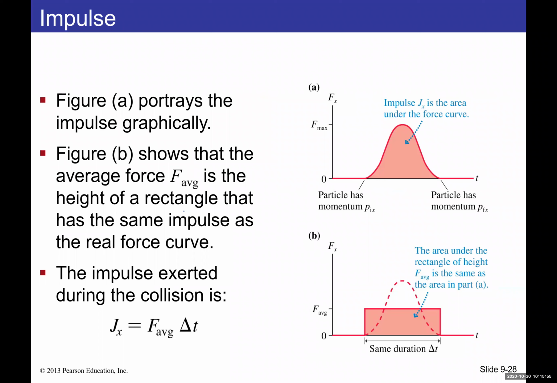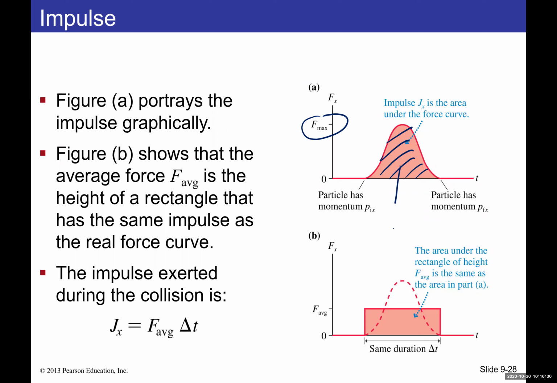So if I come back to this graph, as I mentioned, the area under this graph is what we define to be the impulse. The impulse is a vector. So this is a positive impulse, then something like this will be a negative impulse, because the force is negative, and things like that. And it always has the same direction as the force itself. Now, obviously, when you have a graph like this, it's difficult to find the value of the impulse using the graph. But if you have the maximum force, you can more or less